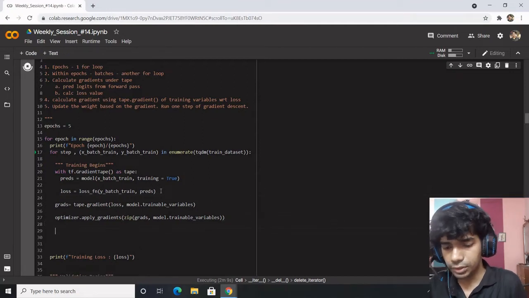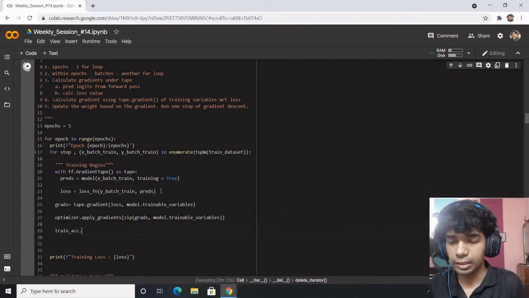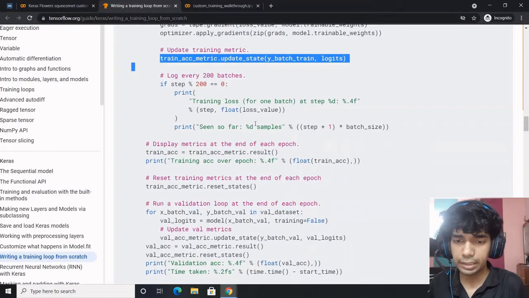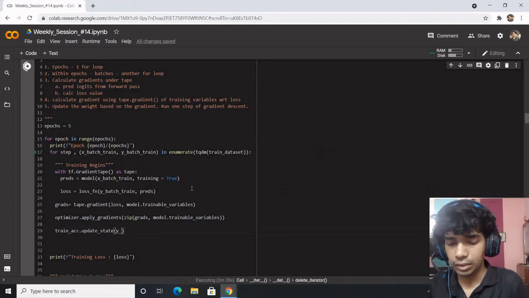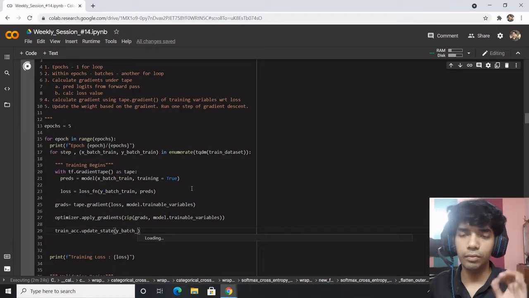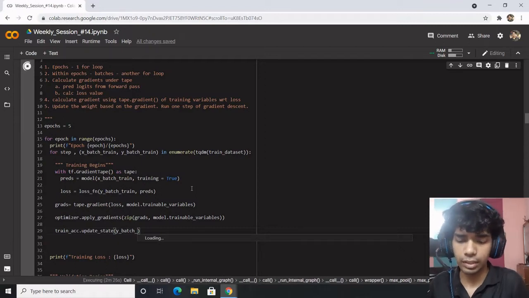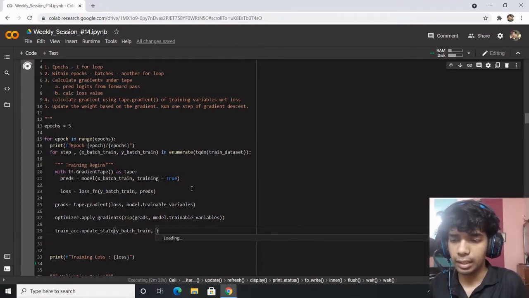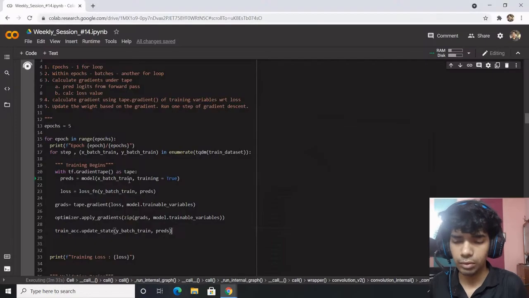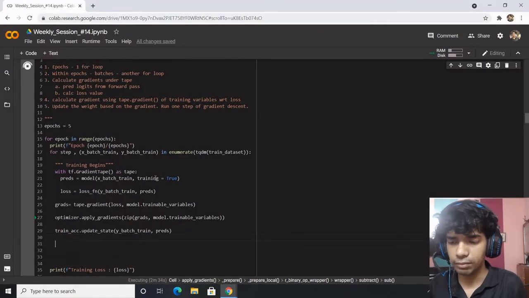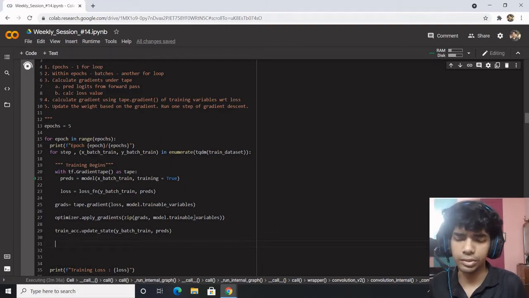So this is one batch. Within each batch, train_accuracy.update_state. For update_state to happen, to calculate the training accuracy, you will need the y values, the actual values, y_batch_train, and the prediction values, logits or the predictions, whatever it is. We have used predictions, they have used logits.